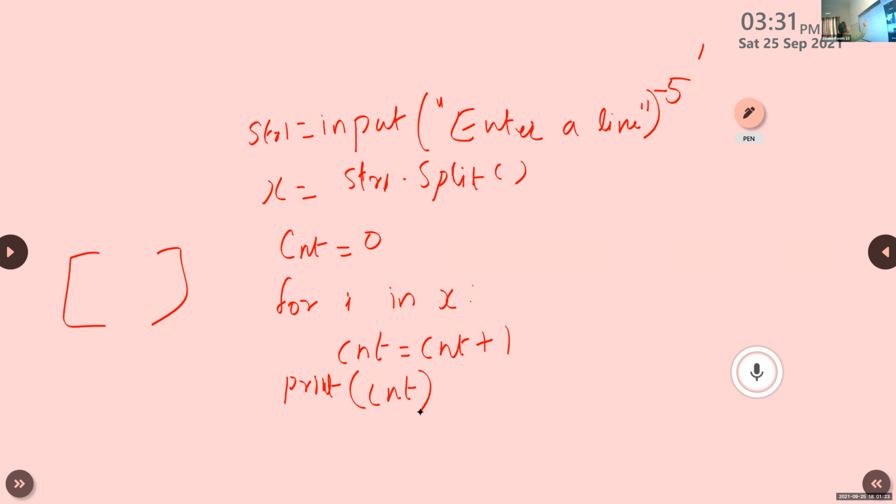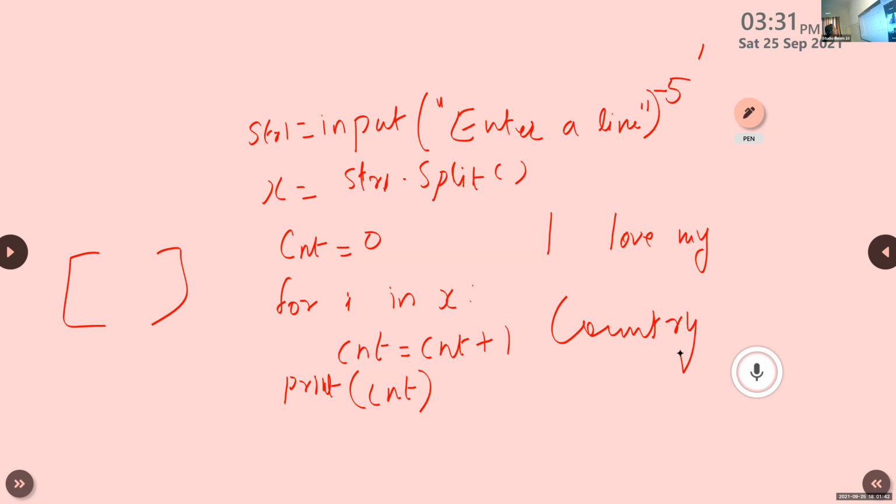Here, the first statement is to enter a line. So we can input a line. I'll just input one line, that is, I love my country. Okay, this is my input.